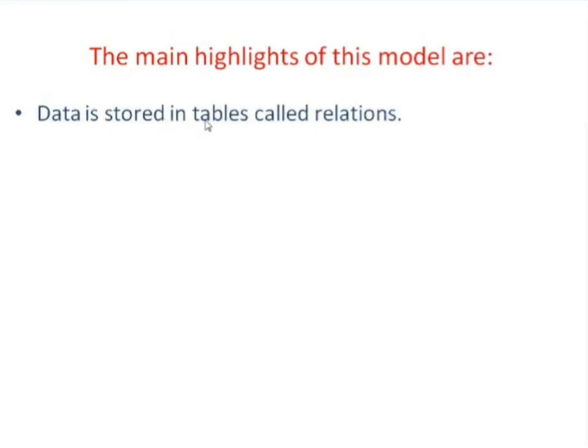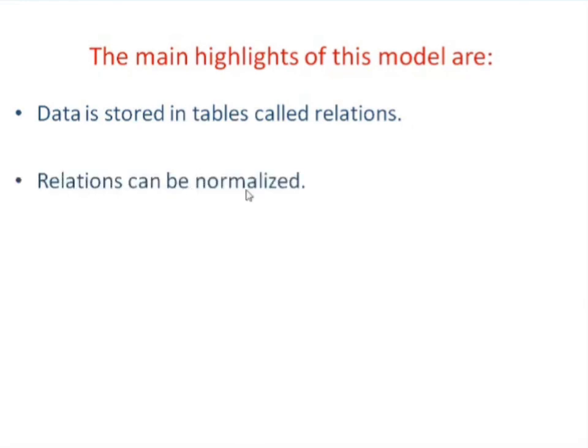Now, the data is stored in tables. We call the tables relations. We have given one more name to the table. We have given another name to the row as tuple, and the column as attribute. Similarly, we have given another name for table, called relation. Next onwards, you will call the table a relation: student relation, department relation, course relation, etc.